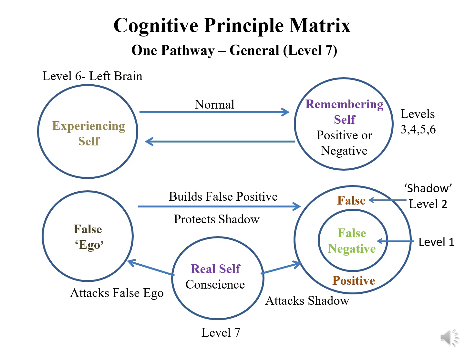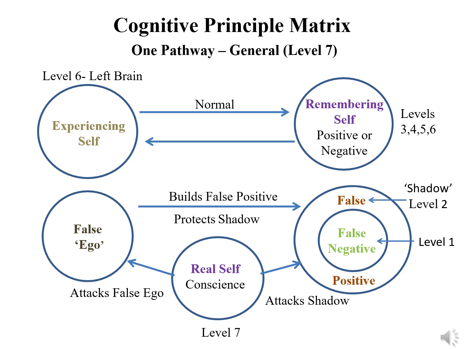What 99% of people don't know is the real self talks or acts on the shadow. It wants the shadow removed, because the shadow, the false negative, is actually a physical cell in memory that needs to be got out of the body, just like a cancer cell would be. It has to be attacked and got rid of. So the real self, the conscience, wants the negative trauma exposed out into the real world so that it gets fixed. Whereas the ego doesn't want the shame or the blame of itself, and it builds the false